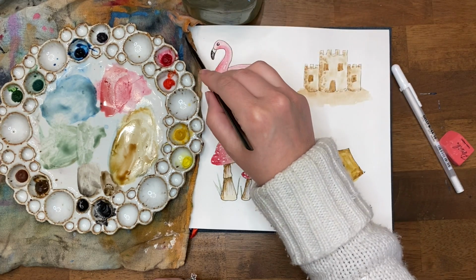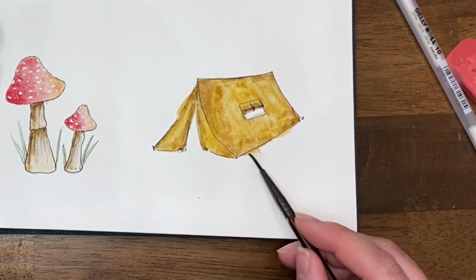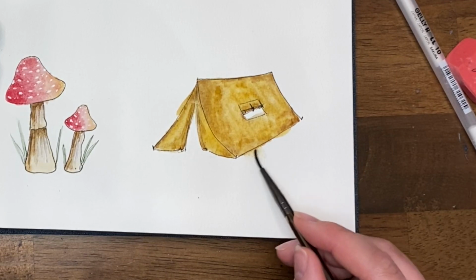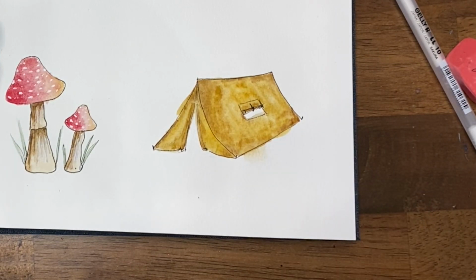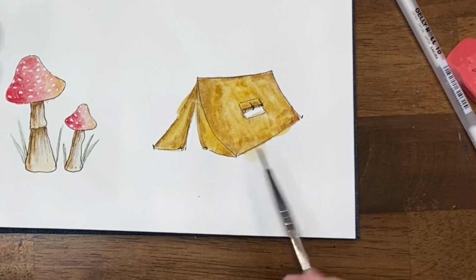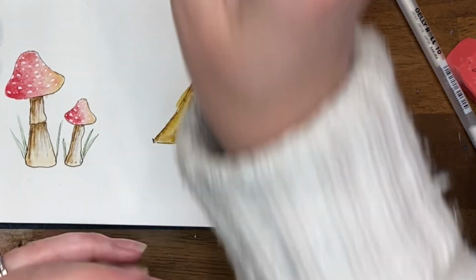I'm gonna get my brush wet, dab it a little bit dry, and with a damp brush, I'm gonna very gently massage the paint that I don't want to be there. Already it's getting much lighter and it's blurring, but if I really don't want it to be there, once it's wet, I can soak it up with a tissue. And I can do that almost as many times as I need to. Depending on your paper it could start to pill the more you brush it over and over again,